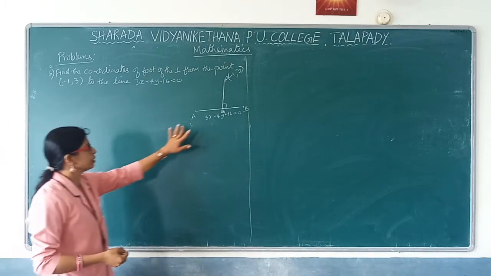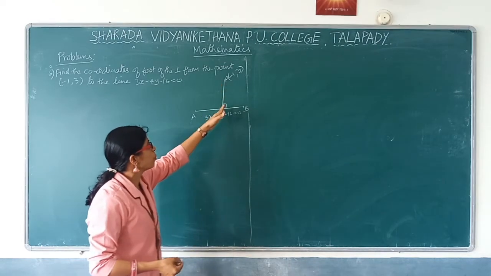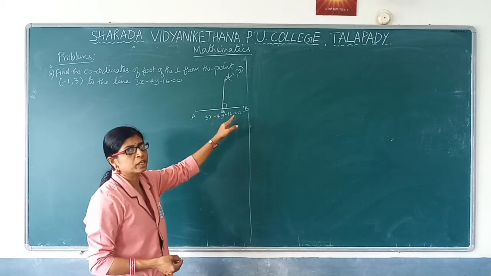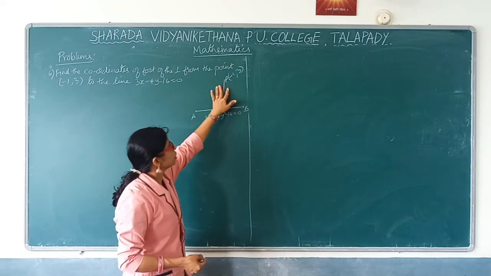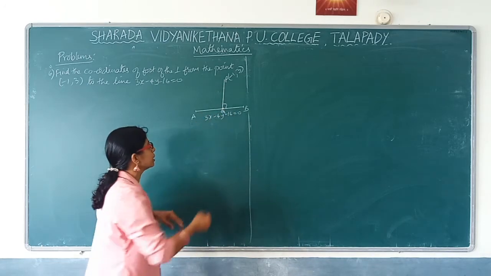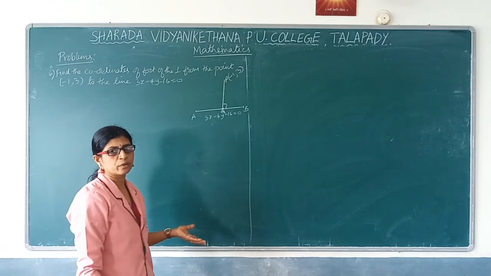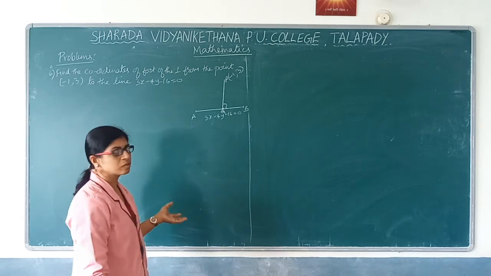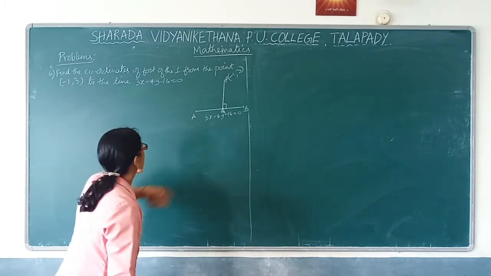Okay. So how to get this is a little lengthy procedure. First we need to find the slope of PQ. Once you get the slope of PQ, we need to find the equation of PQ. After getting the equation of PQ, we need to solve this equation and this equation, because whenever you solve two equations, you will get the common point of intersection, which is nothing but the required foot of the perpendicular. That coordinate itself is the required answer. So that is how we have to start solving this problem. First we will start with the slope of AB.